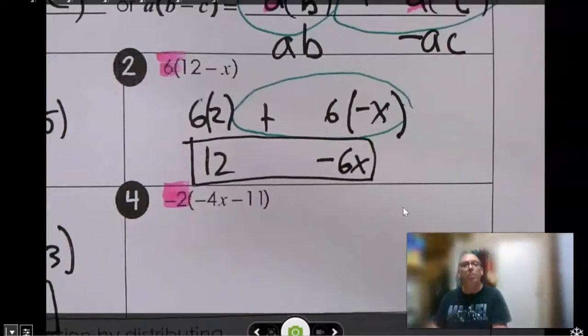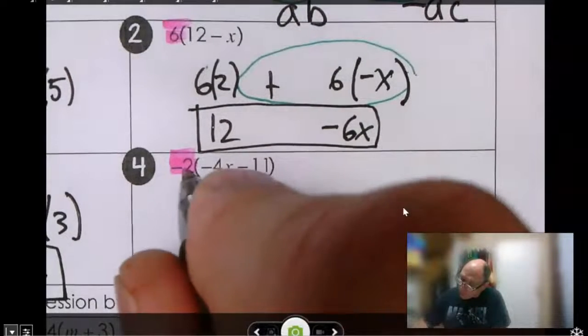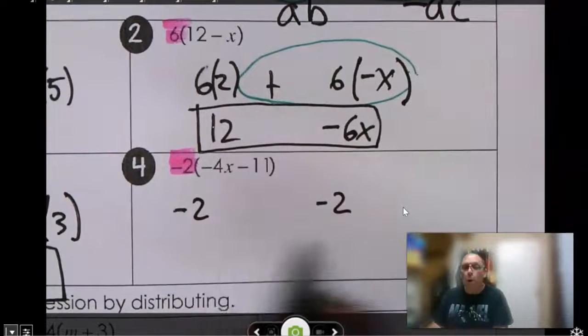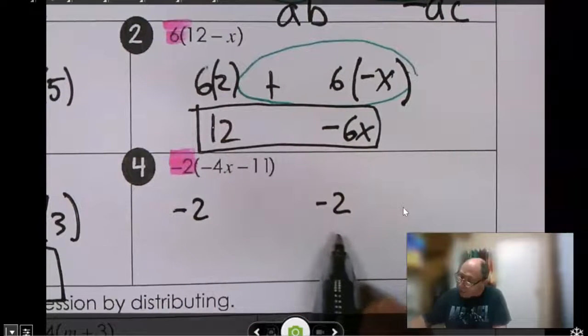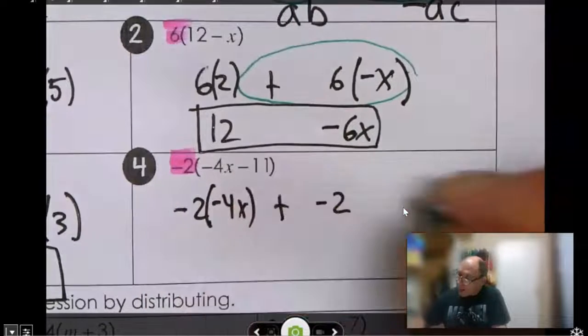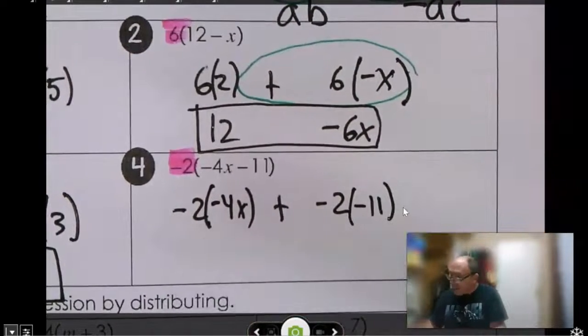Let's do our last problem, problem 4, distributing the frosting onto the cake and muffin, a negative 2. And see how I wrote them both already? Because I need to get that to both terms, to the negative 4x and to the negative 11. And again, we're just multiplying here now, and this becomes,